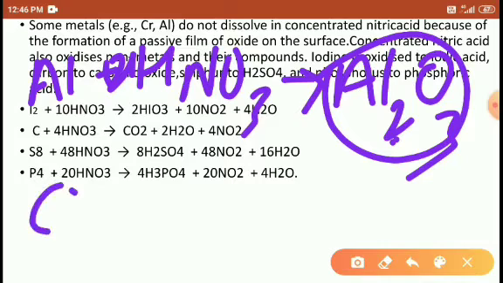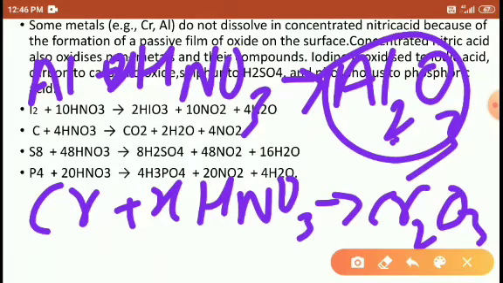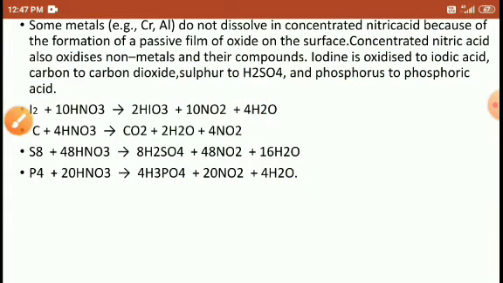Aluminum is not dissolved. Similarly, chromium you may treat with HNO3; it forms Cr2O3 or Cr2O7 forms. So the protective oxide layer surrounds the metal, covering it with a large number of oxygen atoms. This protective oxide layer cannot be dissolved in acid. So it is called a passive film.